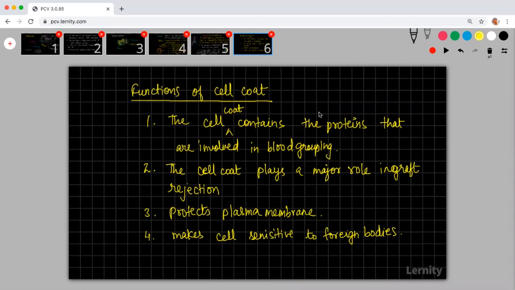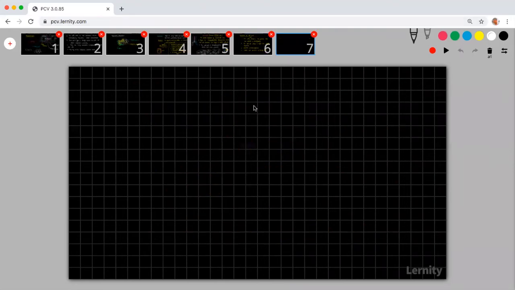Okay, we'll try to study now what are these things. If you see, cell coat has important things in animal cells. This is the plasma membrane. Outside the plasma membrane, you will have something like this, which will be branched, which is made up of proteins and glycoproteins. These kind of structures are called antigens.